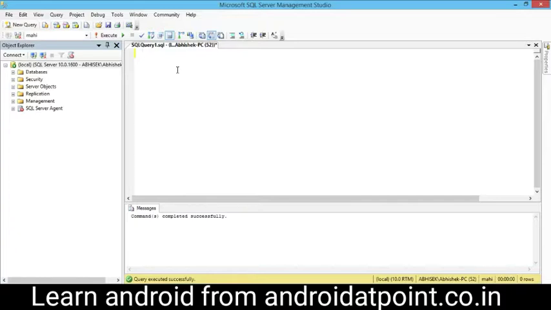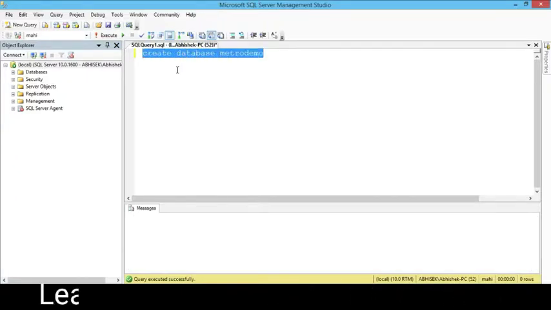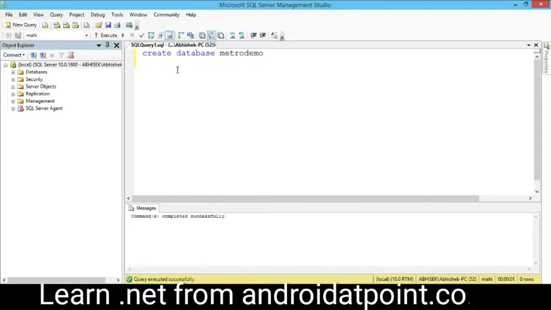First of all, you need to open the Microsoft SQL Server Management Studio. I have already opened the Microsoft SQL Server Management Studio, and next I will create a database, metro demo, and select the query, execute the query, okay, and then use the database metro demo and execute the query, okay. Next I will create a table employee